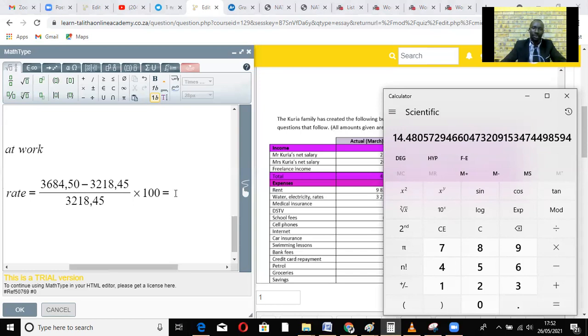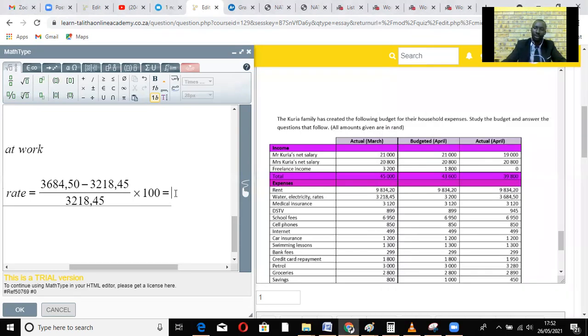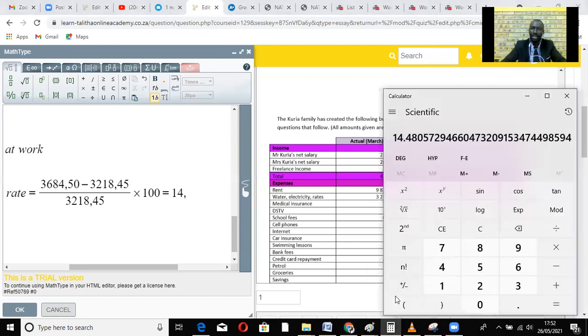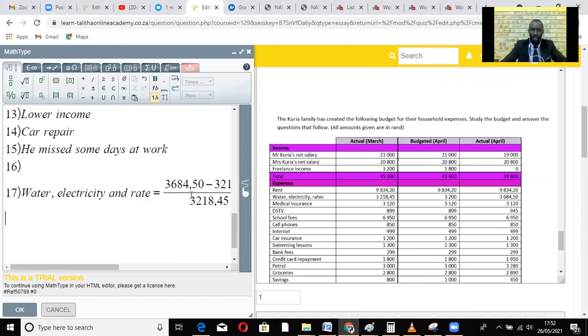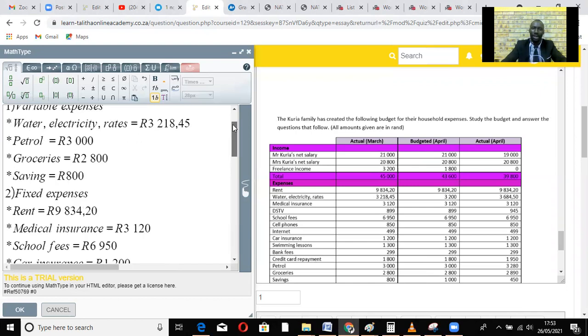Yes, this is what we get as a percentage: 14.48 percent. So yes, notice that